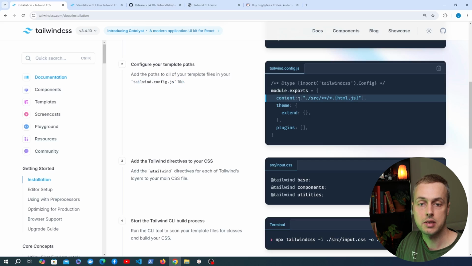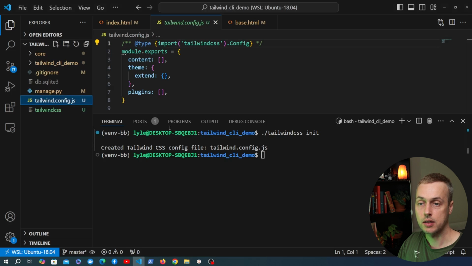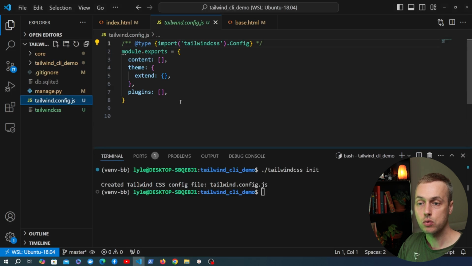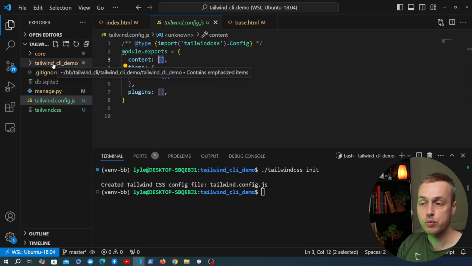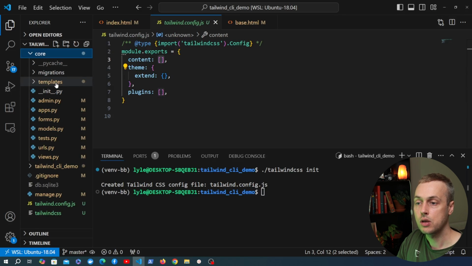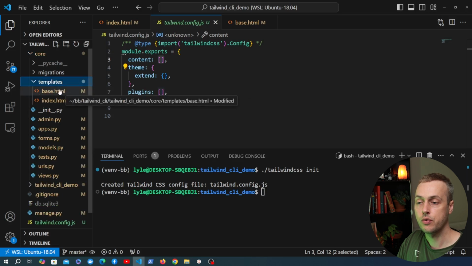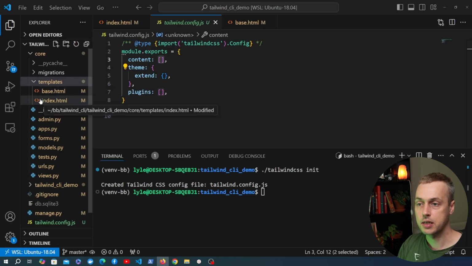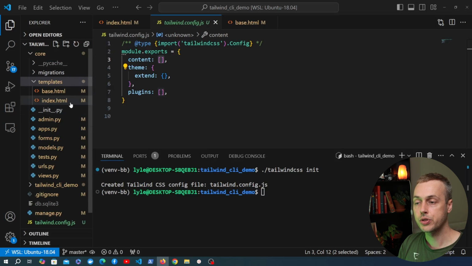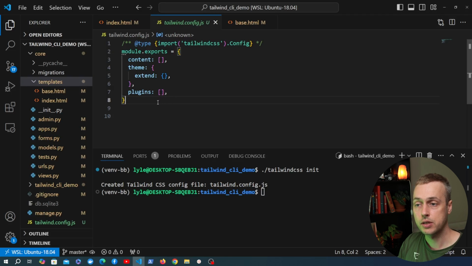If we look on the left-hand side, the tailwind.config file has a key called content, and that has this string here in an array. Now what we need to do in the context of a Django project is tell Tailwind CSS where to look for Tailwind classes. And if we're using HTML templates, you're going to find that in your templates directories. This is going to be the same as in frameworks like, for example, Laravel, which has Blade templates. We want to tell Tailwind where to look for potential Tailwind CSS classes